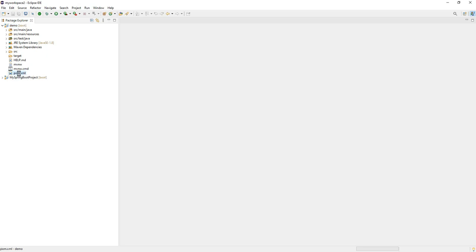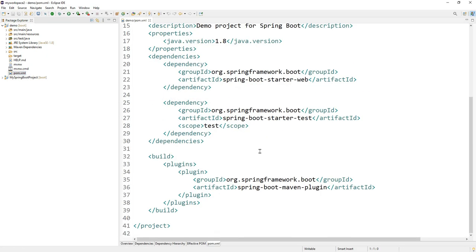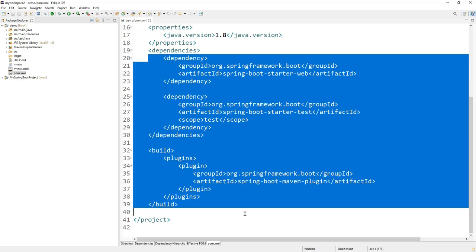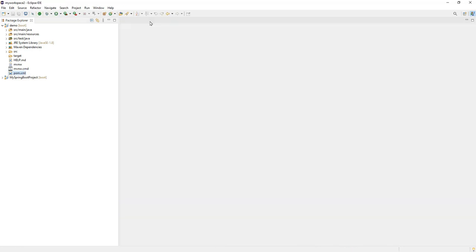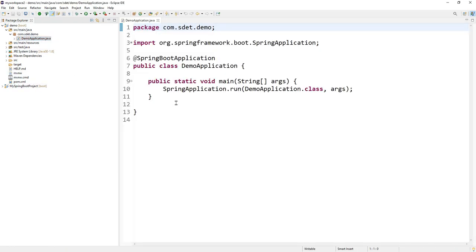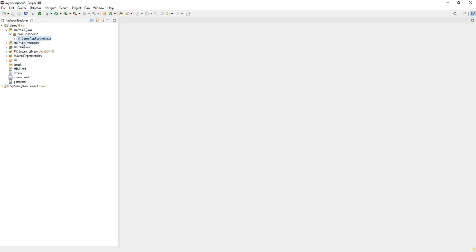Now let's go to the pom.xml. You can see the dependencies, the same kind of dependencies which are there in your project. And again, if you look at the same folder structure, src/main/java contains a main class, DemoApplication.java. All the project code will run from this particular file, so this is the main source file. And if I go back to src/main/resources, here all the resources required for our project will be maintained.